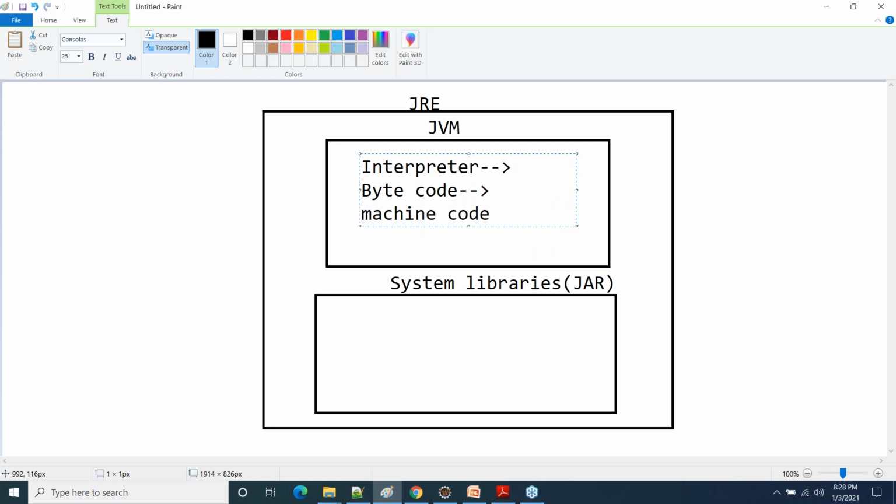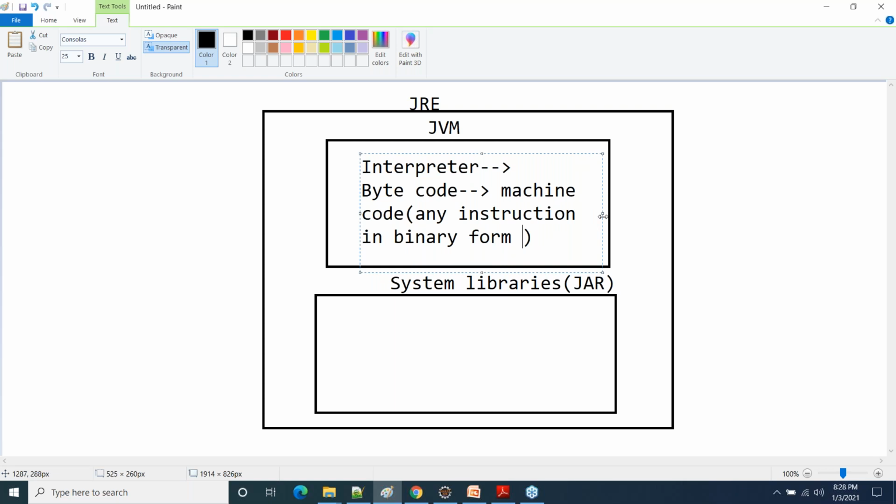Is that clear? Anybody have any doubts till now? Please ask. What is machine code? Machine code means any instruction in binary form, because your CPU does not understand anything but binary instructions, 0101.